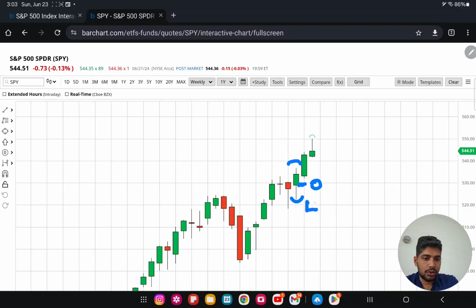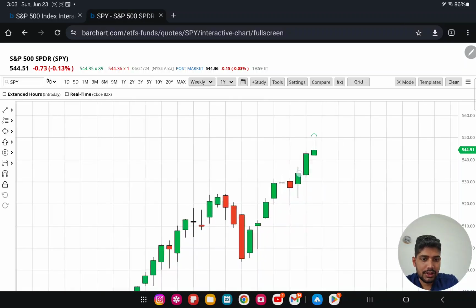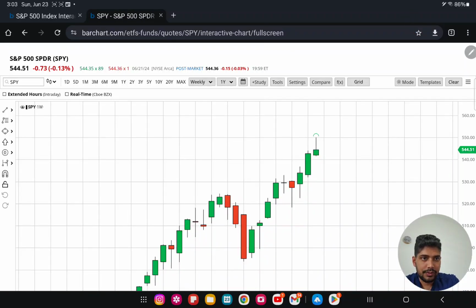This is the low, and people usually call it the wick. The wick is the black line that you can see here. This is the low, and this is the high point, and this is where the price closed. So this is the closing price, this is the open price, this is the low, and